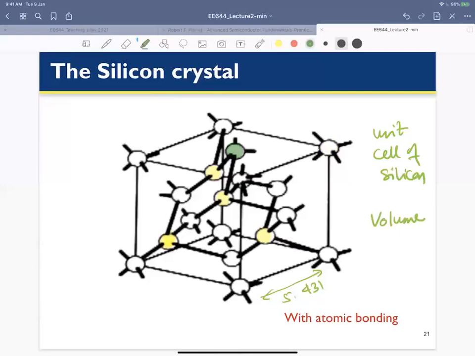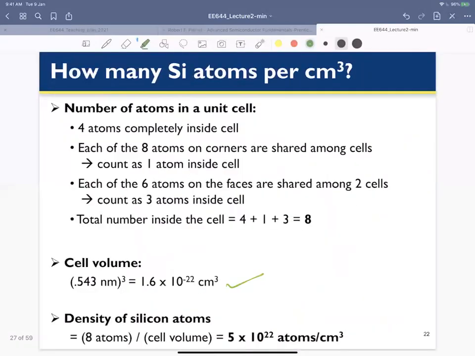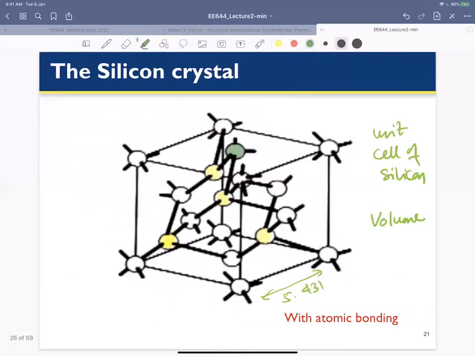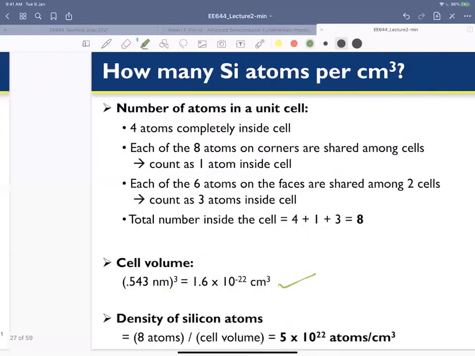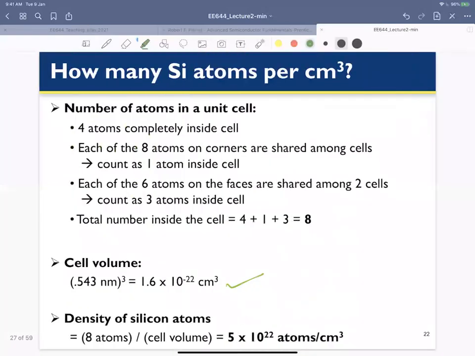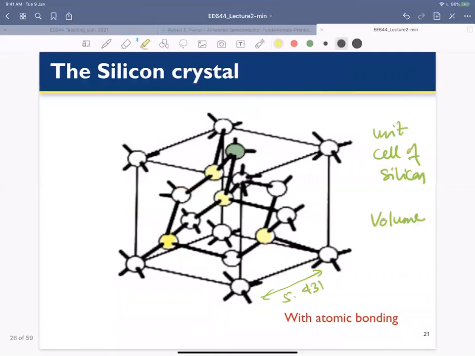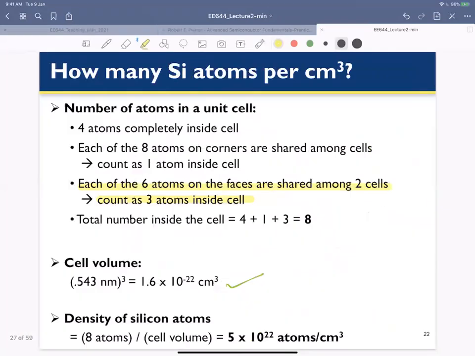Two. Yeah, this will be shared by two unit cells, right? Similarly, there are six atoms at the face, and all those atoms are shared by two unit cells. So if you want to calculate the number of atoms, each of these 6 atoms on the face is shared by 2 cells. So there will be 3 atoms total, right? Similarly, corner atoms: you take a cube, the corner atoms are shared by